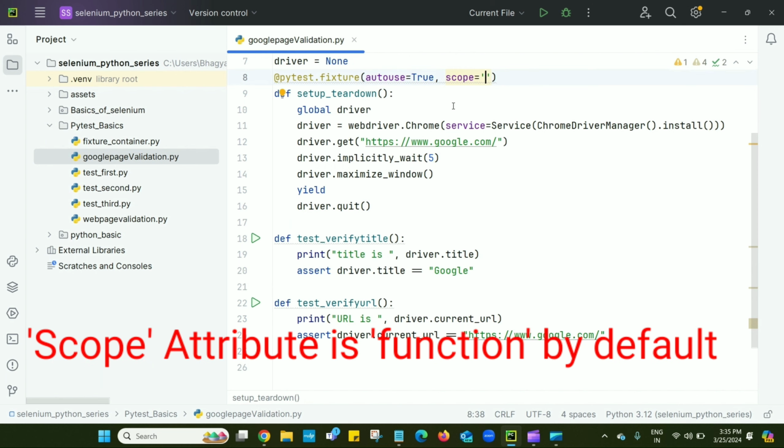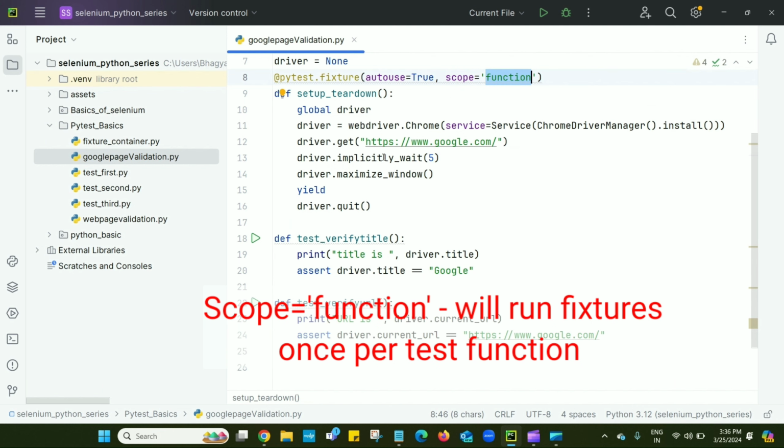If I am not defining its value, then by default its value is function, meaning by default its scope is function. When we say scope is function, this setup teardown fixture method will execute for each test.